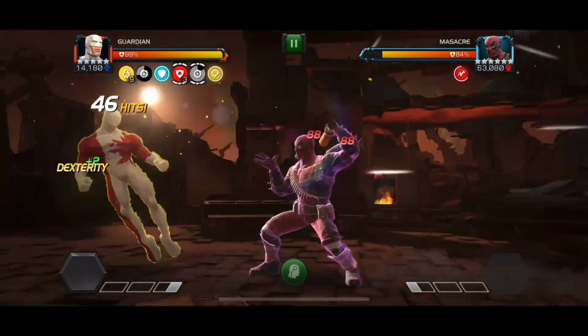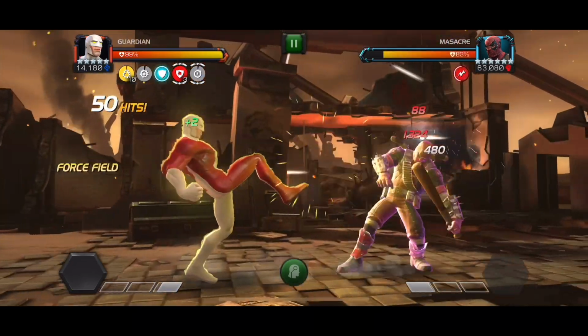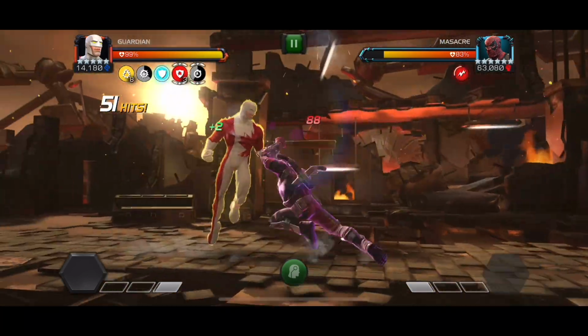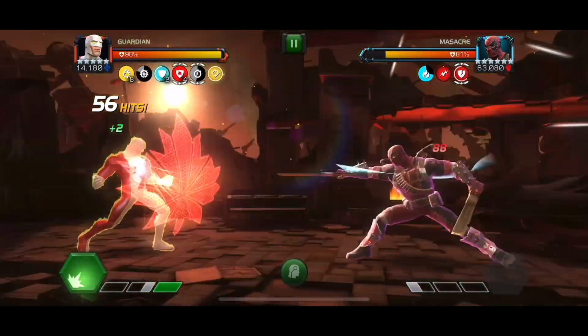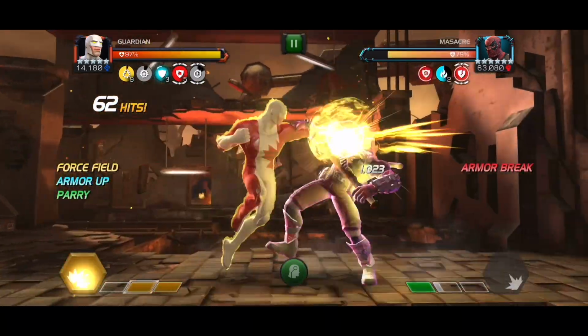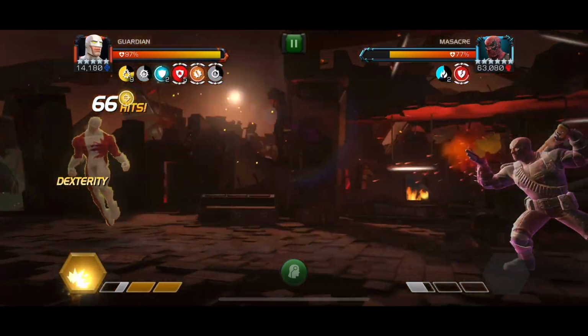Yeah, I think we get two special 3s to get a bunch of the charges, the force field charges, and then just one special 2 just nukes him down. So bait a bunch of special 1s on this guy, parry every once in a while to get the armor break, get the armor ups. And yeah, and Guardian, if you have him,